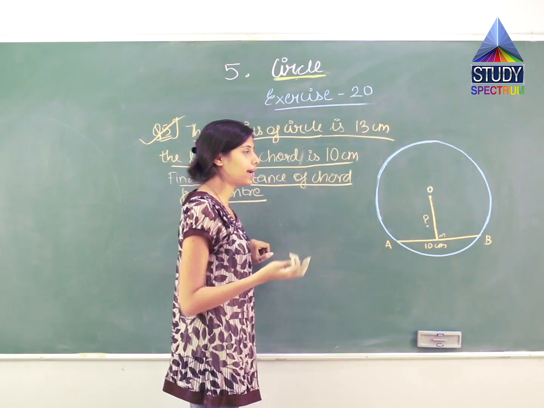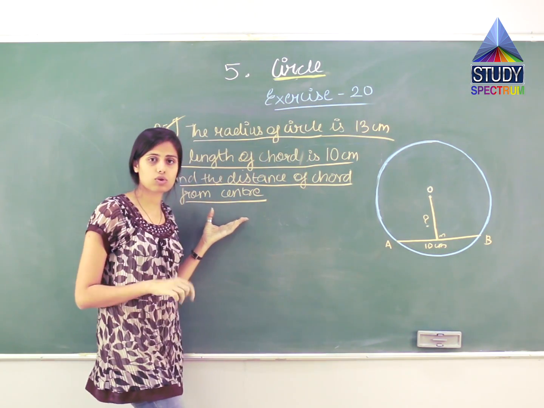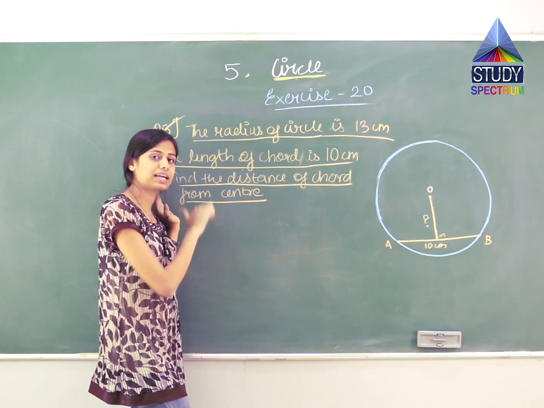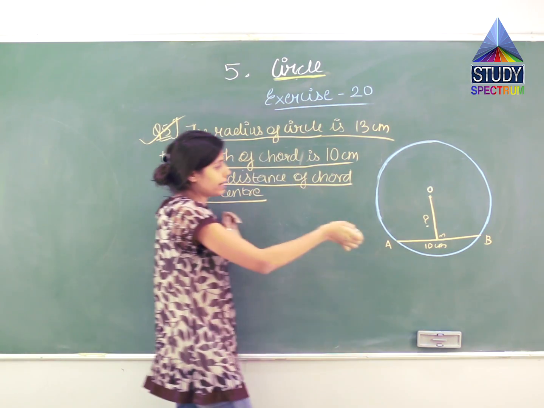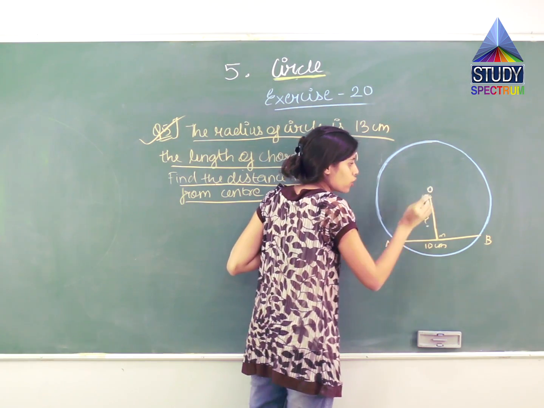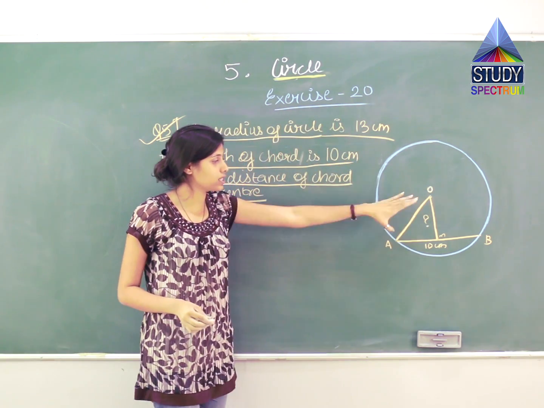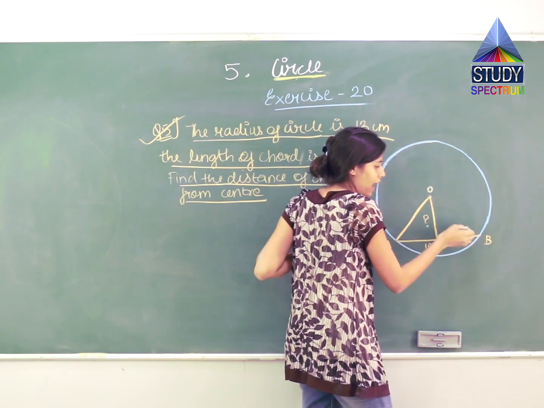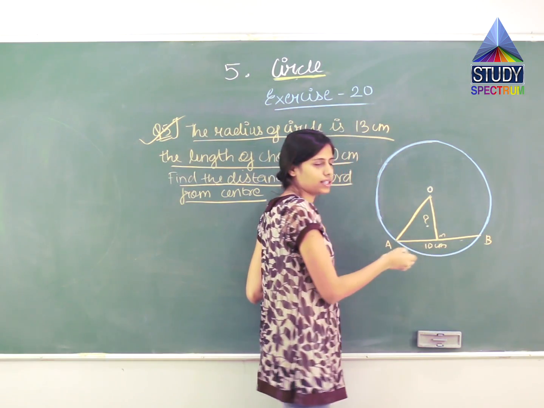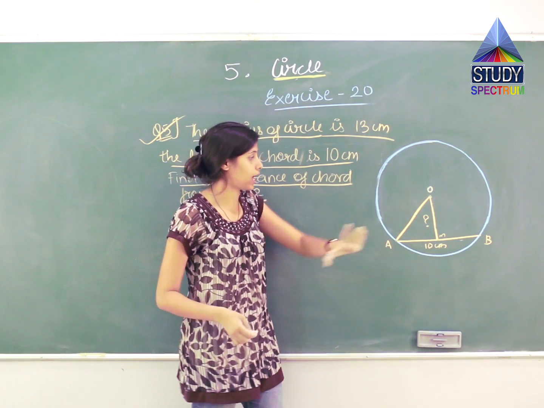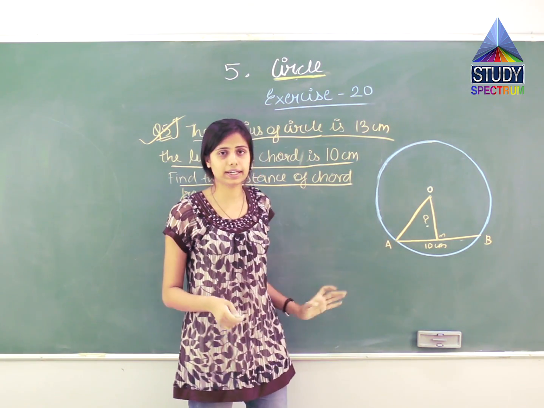Okay? And what other information is given? No, the question is over. Means what? From this information only we have to find this. Like previous question, we will draw a radius OA. Joining OA. Why did I join this radius? You can even join this both and find this segment and then just find this segment. But preferably OA seems more convenient. So I joined OA.